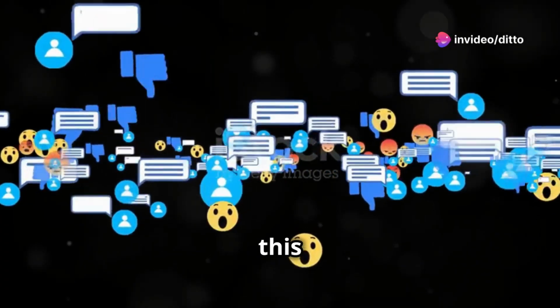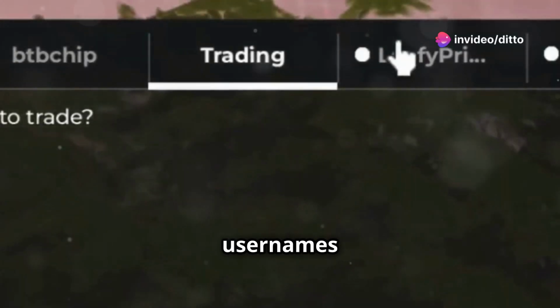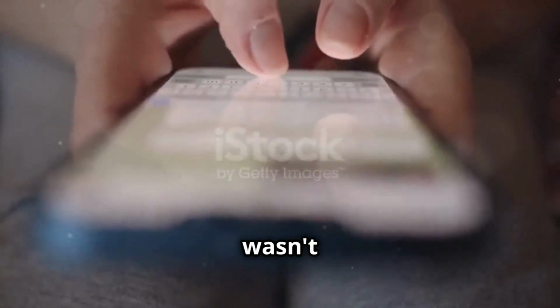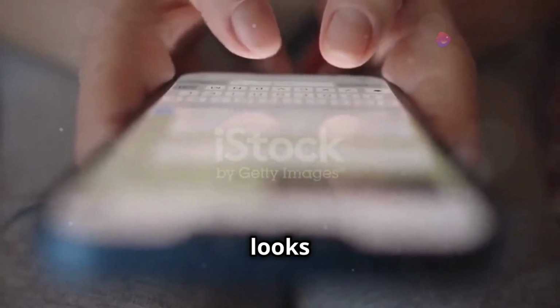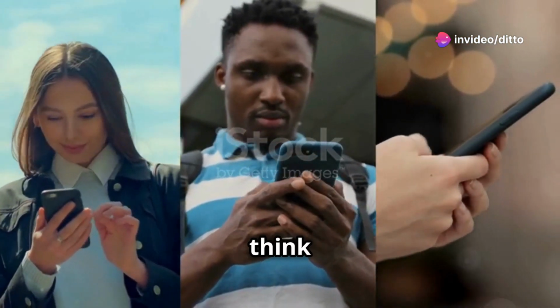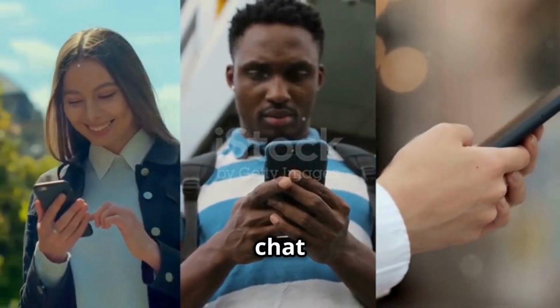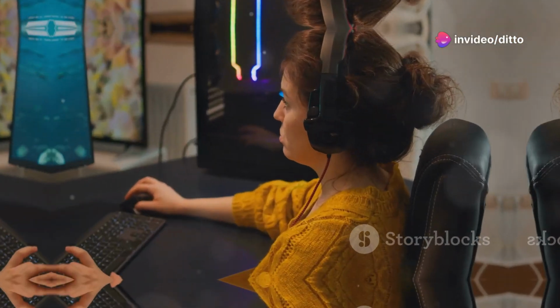As you can see here, this person has a general tab, a T tab. I guess these are usernames at the top, which is pretty sick, because this was actually in the old text chat, I believe, and it wasn't on the new one, but it seems like Roblox has added it to the new one, and it looks really cool. So now there's genuinely no reason to use the old text chat service, because I think every single feature from the old text chat service is now on the new text chat service. Honestly, just a big W from Roblox, to be honest, and now we can move on to the next story,